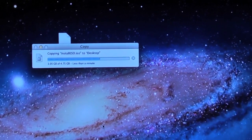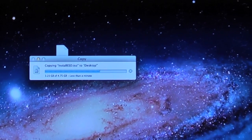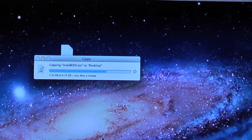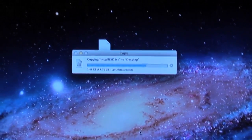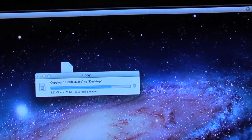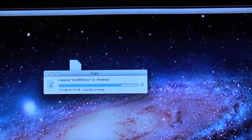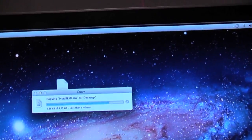Just really hope this Mountain Lion update goes smoothly. It should, because I updated my MacBook Pro with this method, and I hope I can get Mountain Lion on here, otherwise this entire thing would have been really pointless. But if it doesn't go on, I don't really care. I'll just restore from my previous Time Machine backup, because I haven't really got much more time to be fussing around with all this